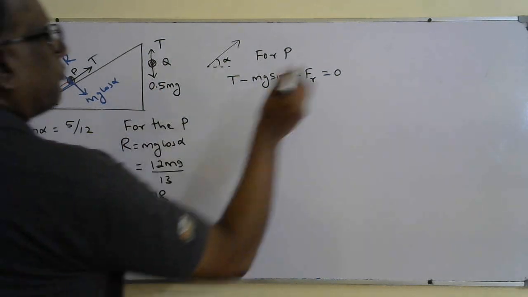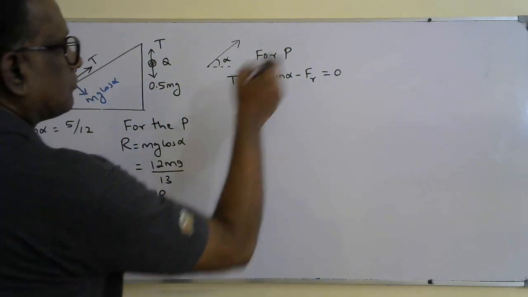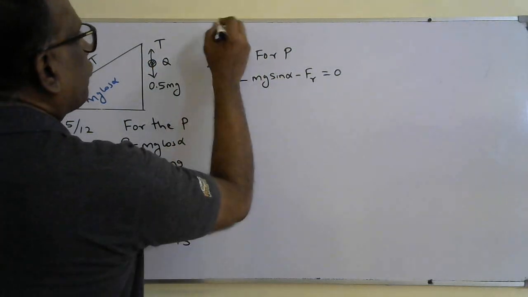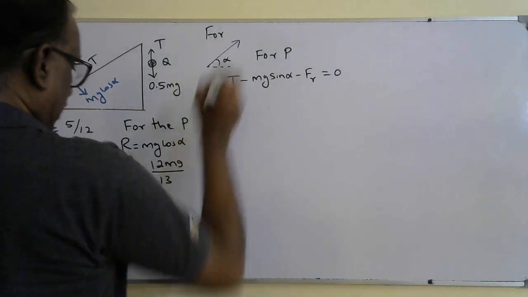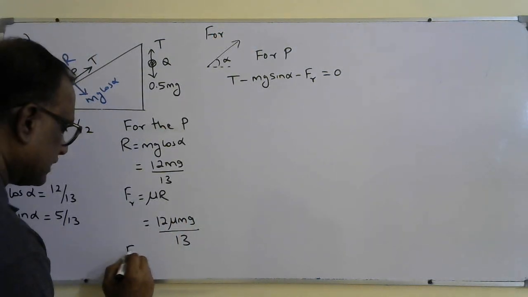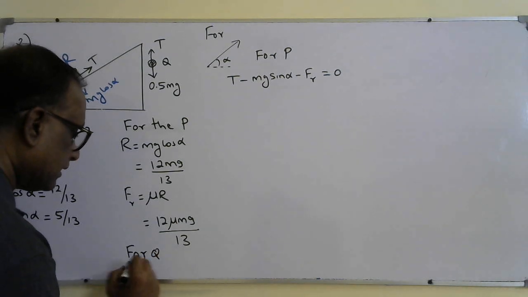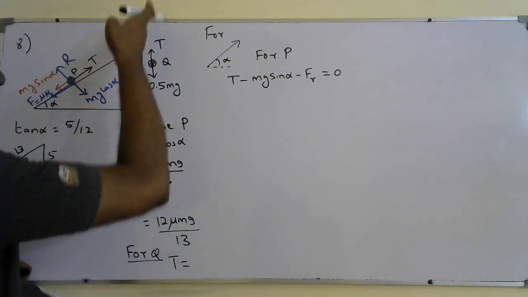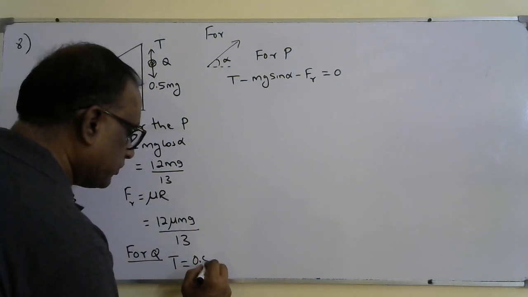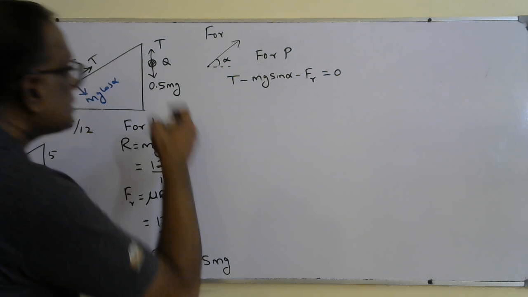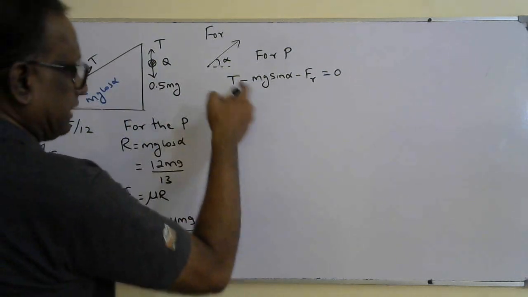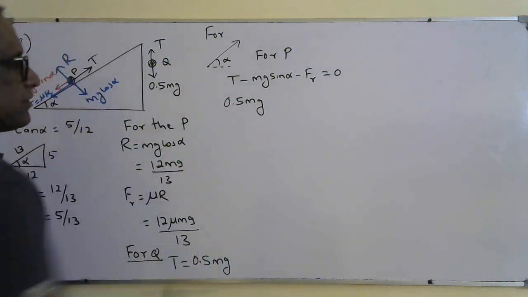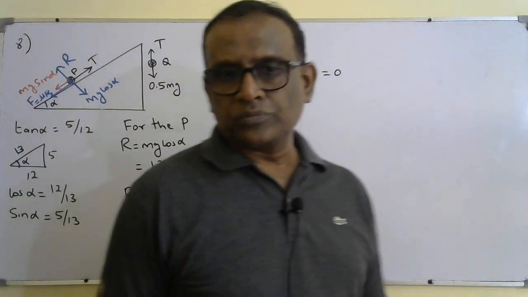But for Q, if I write T equals 0.5 mg. For Q, if I consider, there are only two forces acting. So T must be equal to, upward force must be equal to downward force, 0.5 mg. Same tension is acting here. So instead of T I can put 0.5 mg. I got it from Q because Q is also at rest. So 0.5 mg